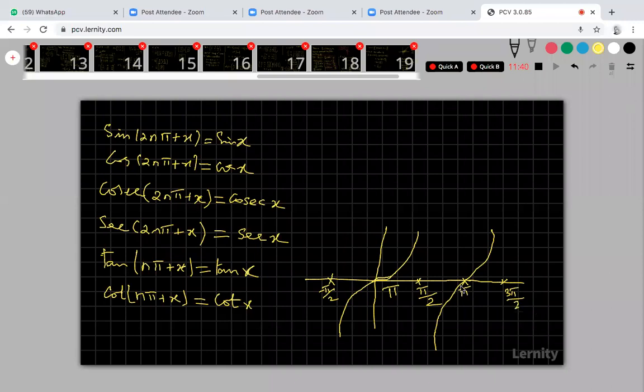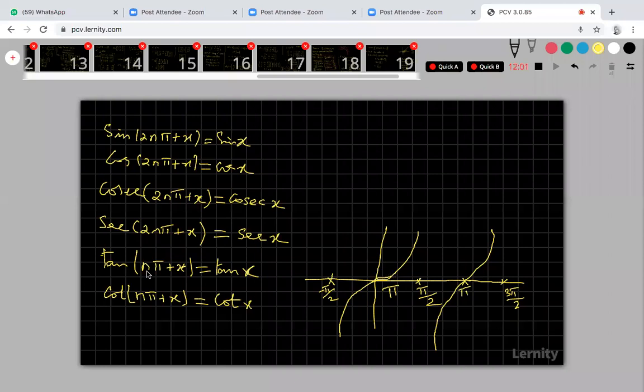Okay, so therefore look at that. This length of interval is pi. This length is also pi, from pi by 2 to 3 pi by 2. This length is pi. So therefore, every interval of length pi, we are getting the same tan x value. That means the value is repeating. Tan x values are repeating for every interval of length pi.